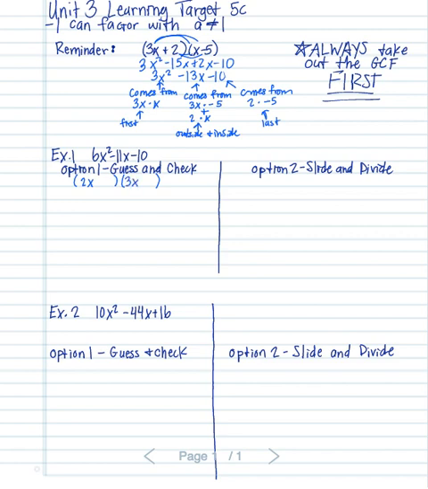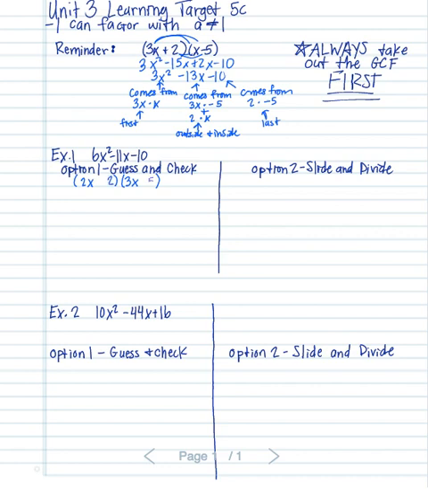You could guess 1x and 6x. Then you look at the last term, which is negative 10, and you think, okay, what two things multiply to get me 10? We could say 1 and 10, we could say 2 and 5, but we guess 1, and